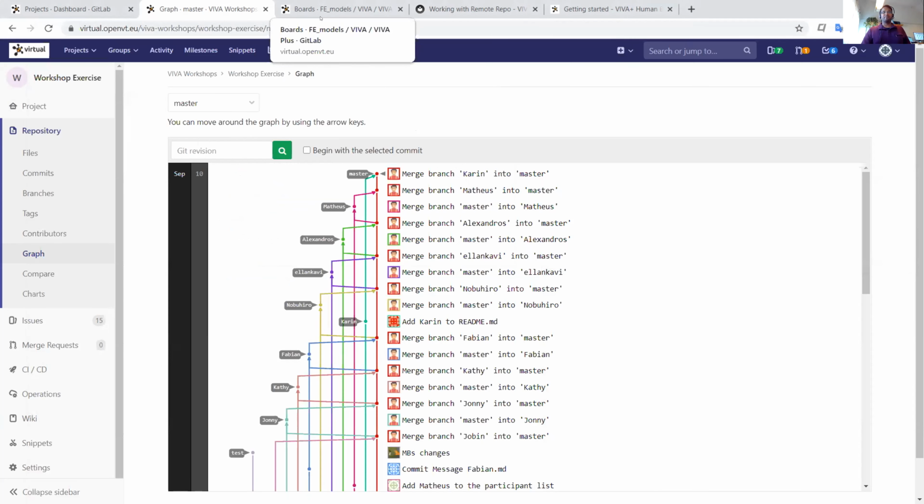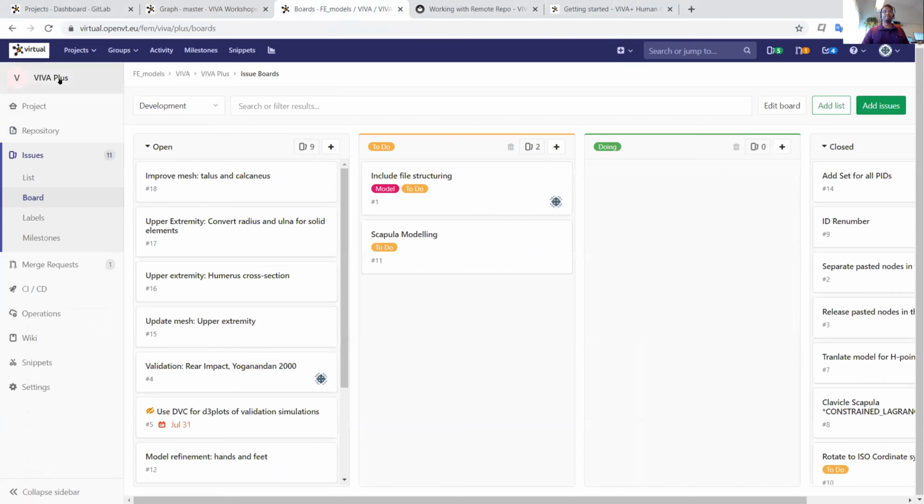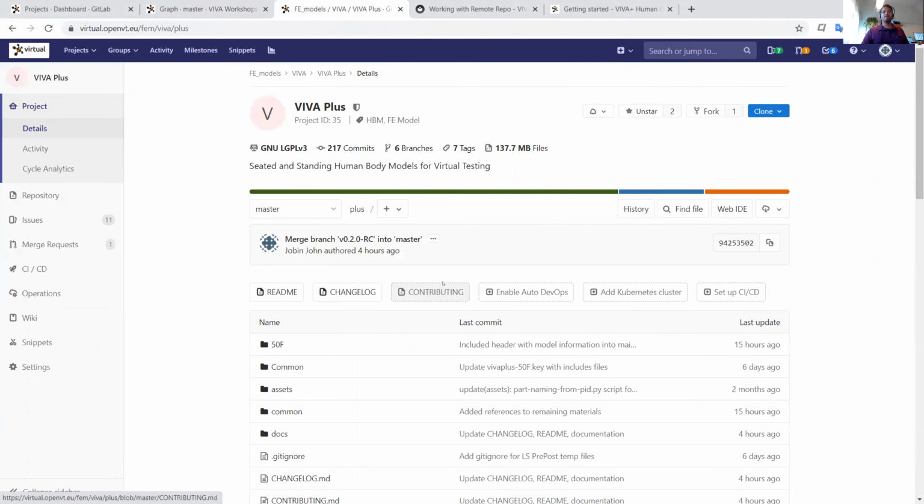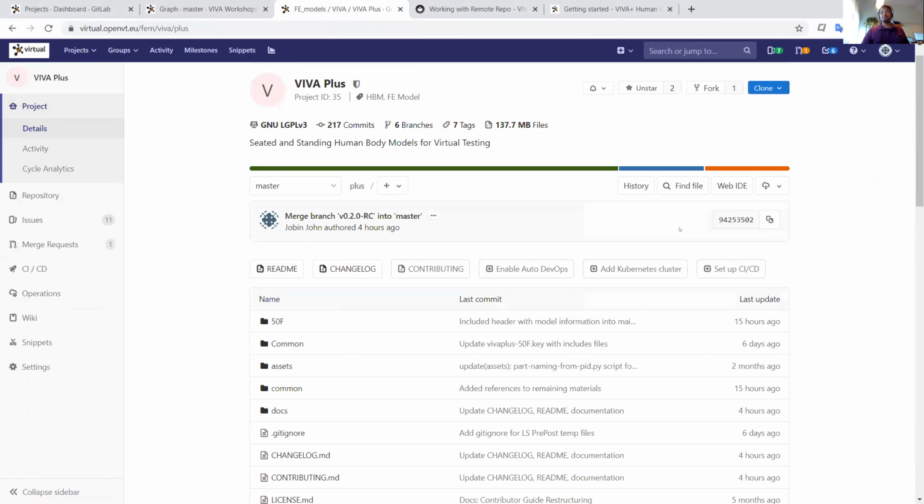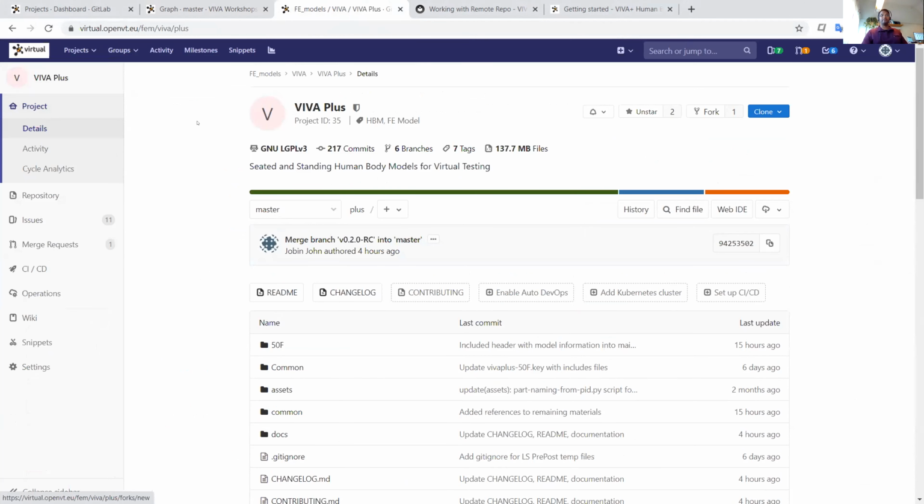So coming back to the Viva Plus repository. You would be able to clone the Viva Plus